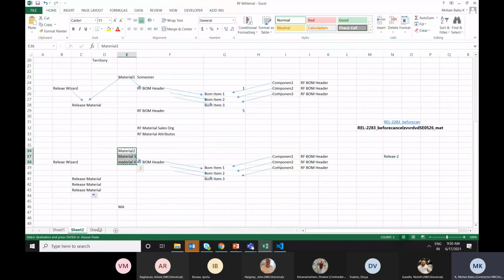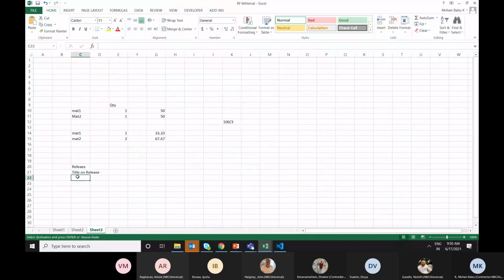So I need to submit these 3 materials, and these 3 materials will be having the video version, ZPA3. So these 3 video versions I need to submit.